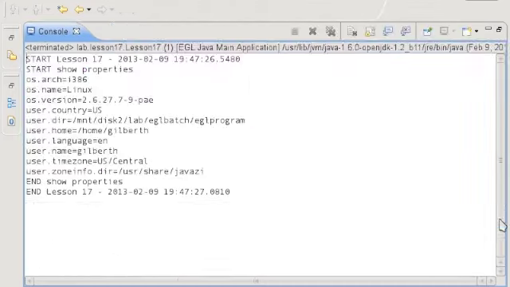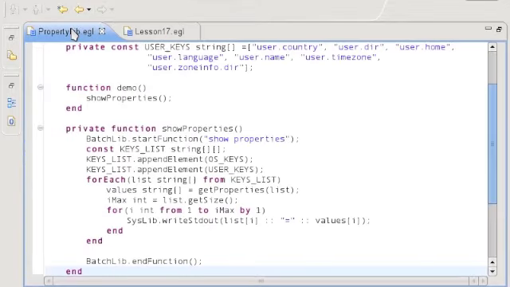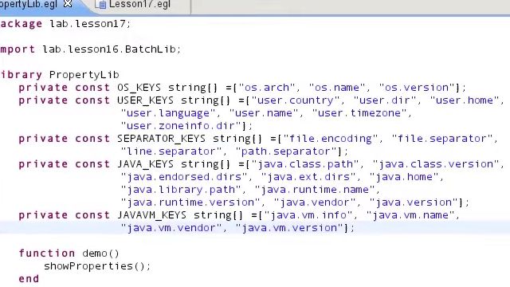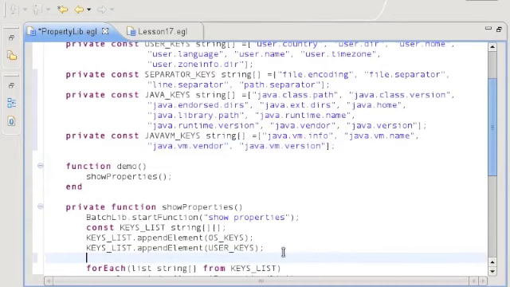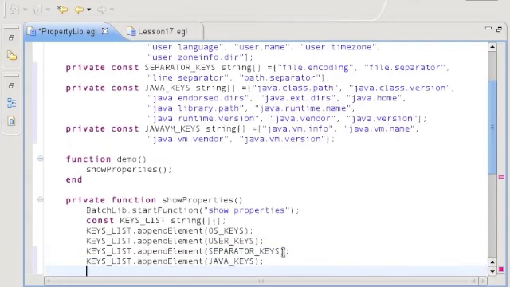I'll press on the console icon, and this shows properties out of the Java virtual machine. Now let's go back, and of course there's a lot of system properties, so we want to add some more system properties. That includes separators. There's platform specific separators. There's keys related to the Java environment, and there's also Java VM or Java virtual machine properties. So we want to add all those properties to the keys list,